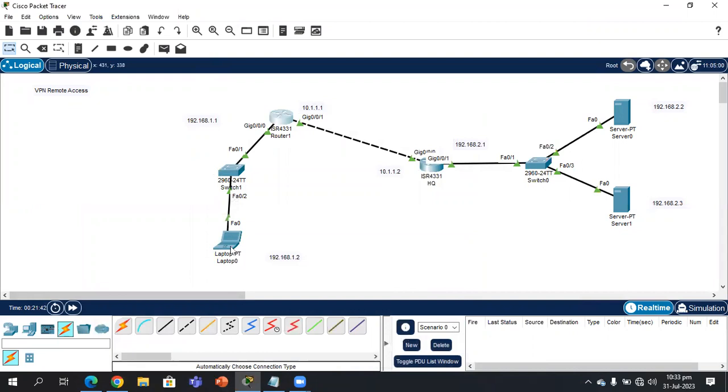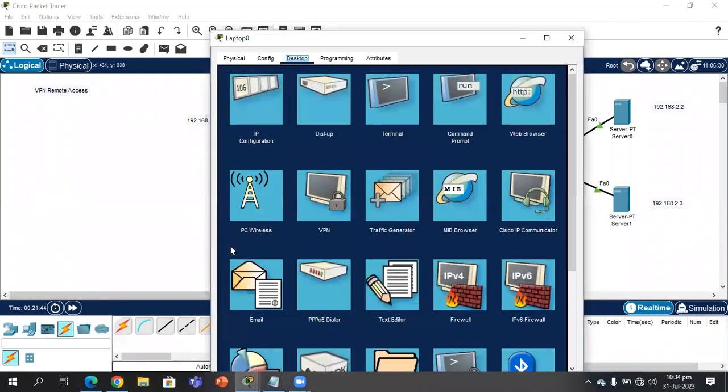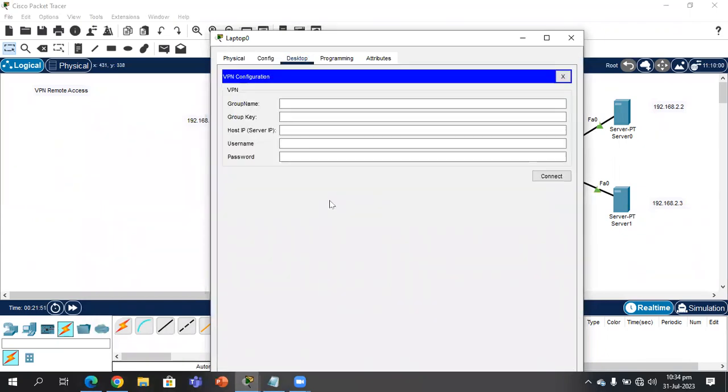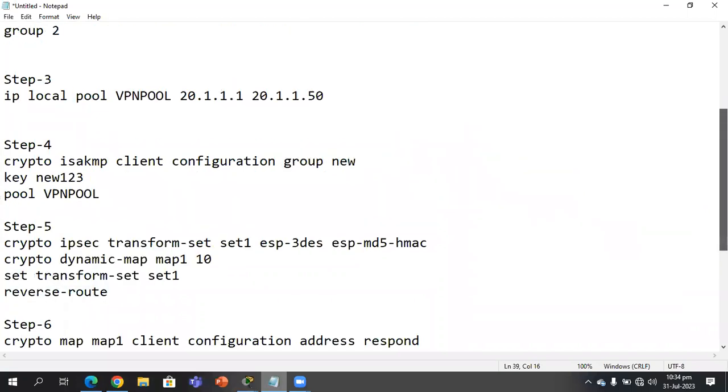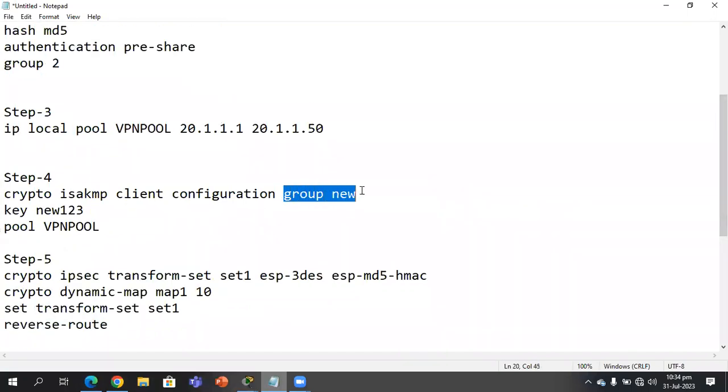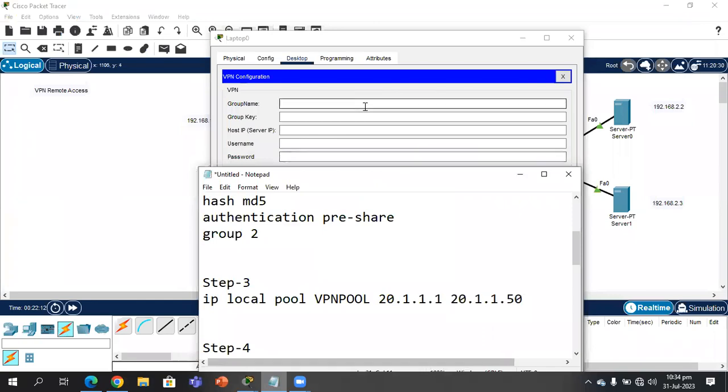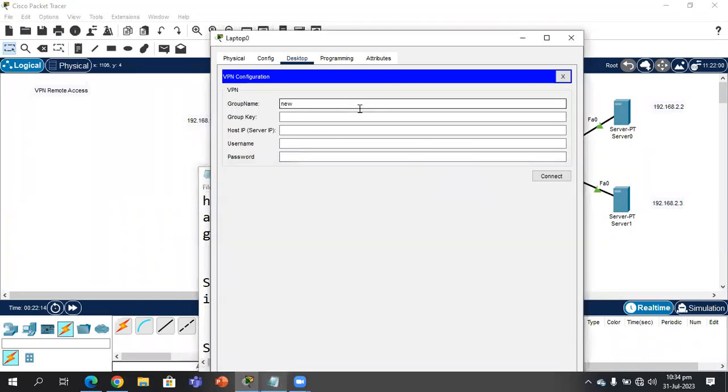Just one thing is left, which is we have to configure this laptop for the VPN. So you click on the laptop or the device, which is there in the network. Click on VPN, and now you have to add some details into here. So group name in this case is, if you go back to the instructions, you can easily find that. See, group is new, and the key for the group is new123. So I'll be using this. Okay. Here, group name is new, and the group key was